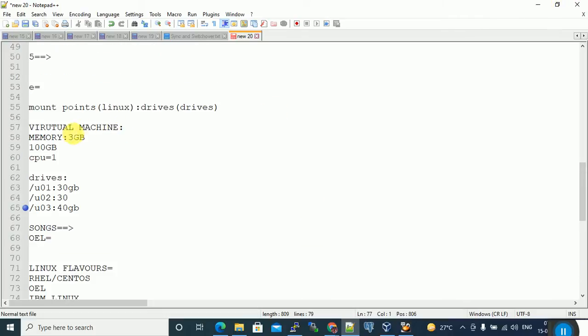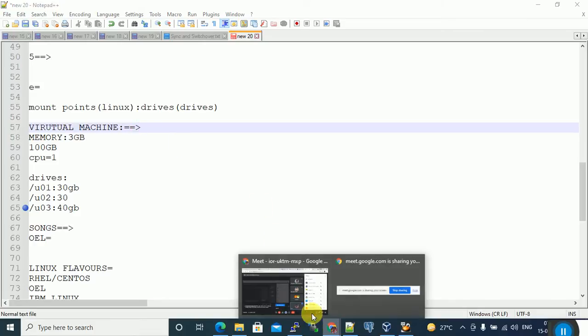So now the question is how to create virtual machines. Is there any software to use? Suppose you have to play songs on your mobile. What is required to play songs? What software do you require on a mobile or laptop?